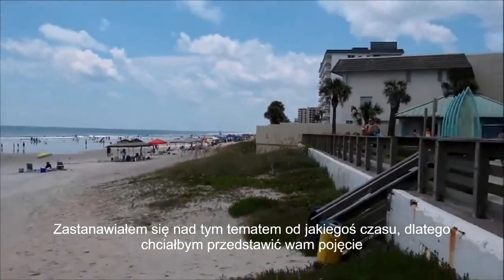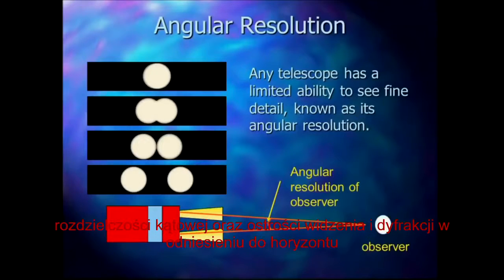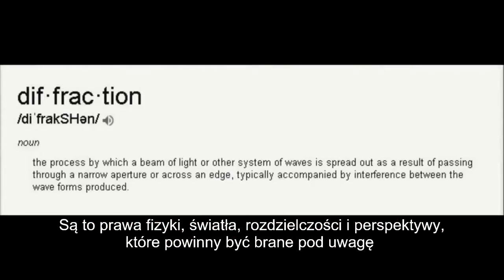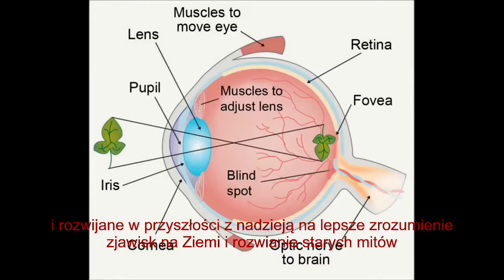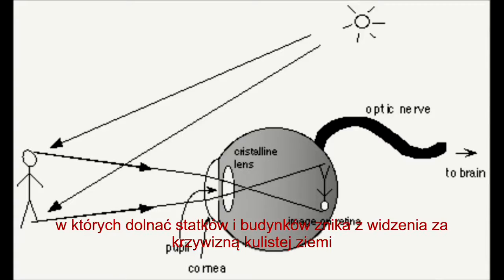So I've been looking into the topic of this video for a while, and I really wanted to introduce the concepts of angular resolution, visual acuity, and diffraction as they apply to the horizon, so that these laws of physics, light, resolution, and perspective can be taken into account and hopefully further developed in order to better understand our Earth, and also to help dispel some of the tired old myths of ships and buildings disappearing over the edge of